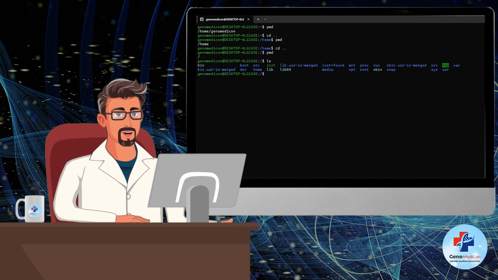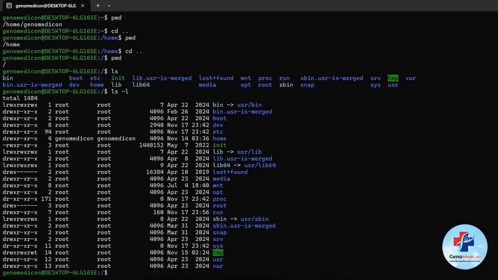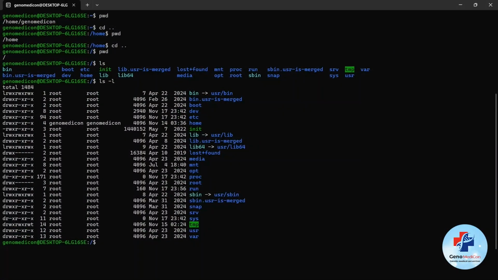The ls command, like many others in Linux, can accept different options to do specific functions. For example, the ls -l command lists files and directories with additional details like permissions, owners, and file size. As you can see, the file size is in bytes.